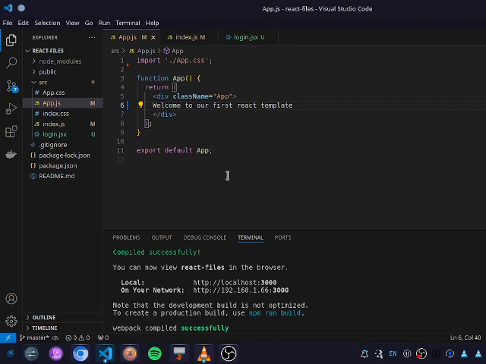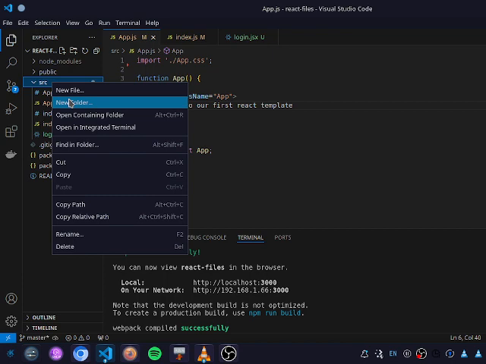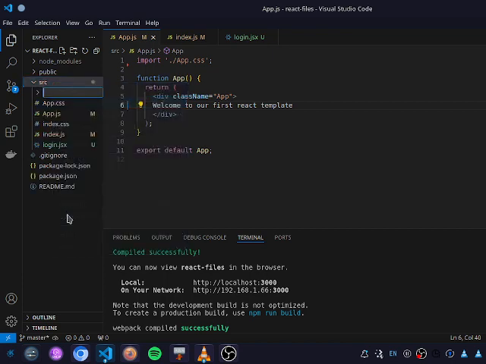So the first thing that we're going to do is create our pages that we want to be navigating through. And for that to happen, we have to arrange our files in a systematic way that you can understand when you come back, or even if someone else wants to use your code, they can easily understand. The first thing that we're going to do is create